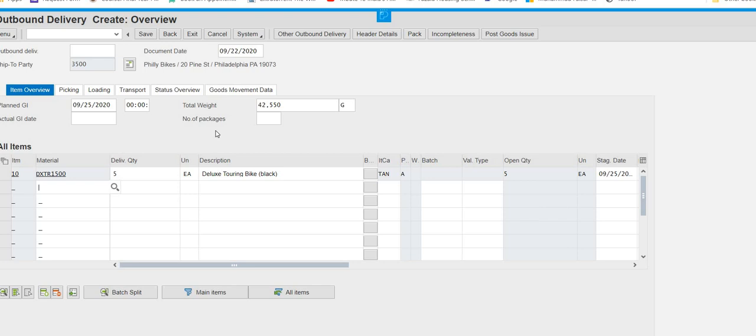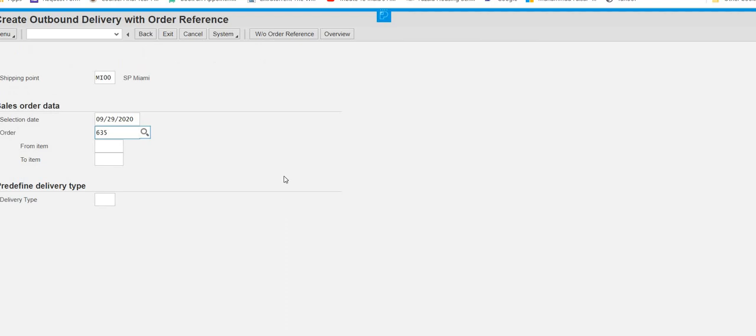So over here, what happened? When I press save, another document will be generated, and I have to note down that number. The number generated is 8, then 4 times 0, and then 375.